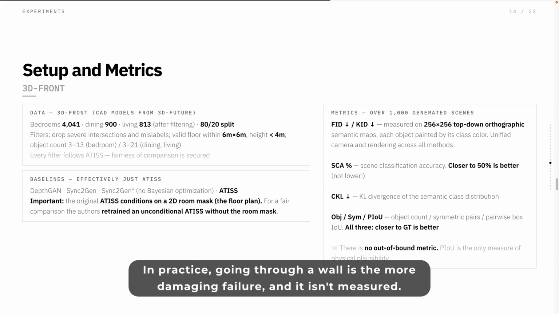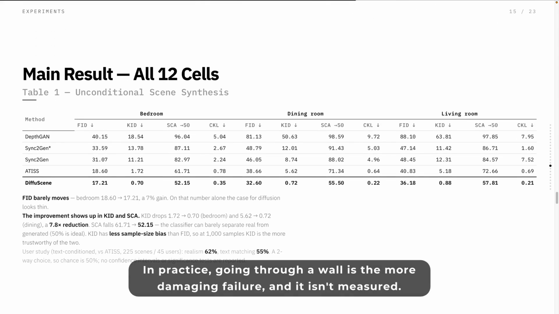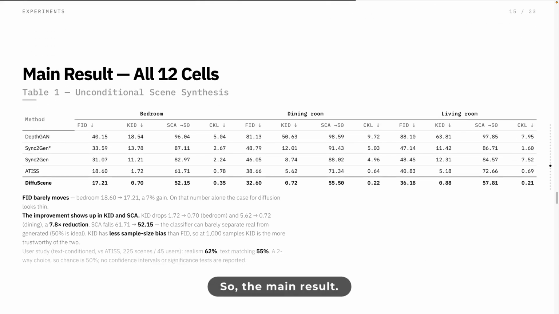In practice, going through a wall is the more damaging failure, and it isn't measured. So the main result is with all 12 cells, every room type, every metric, but the spread across the matrix is